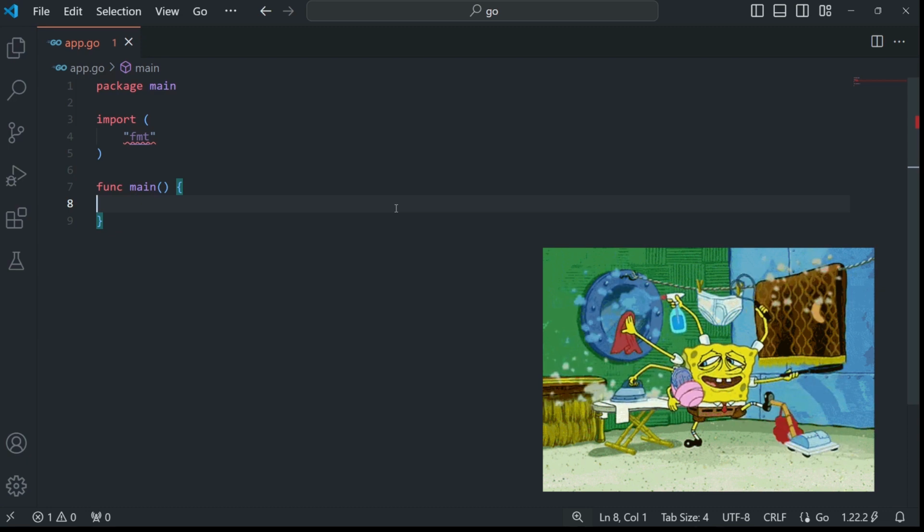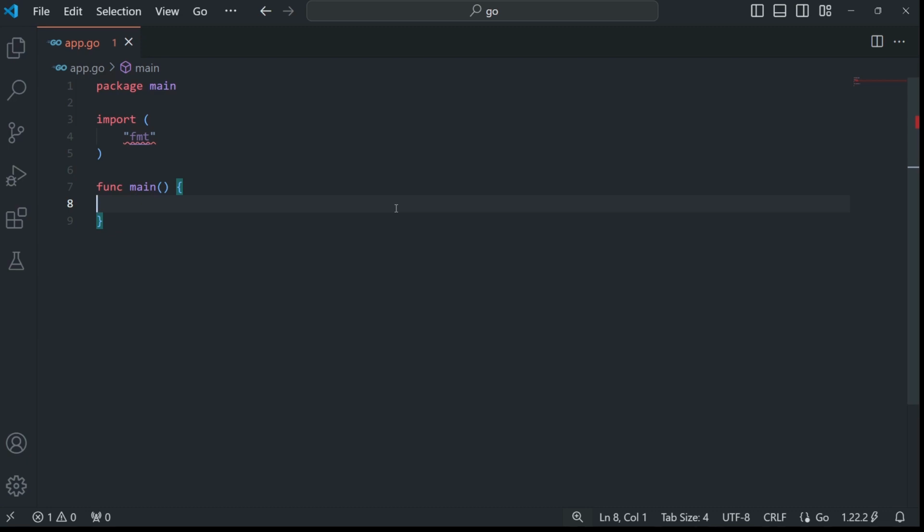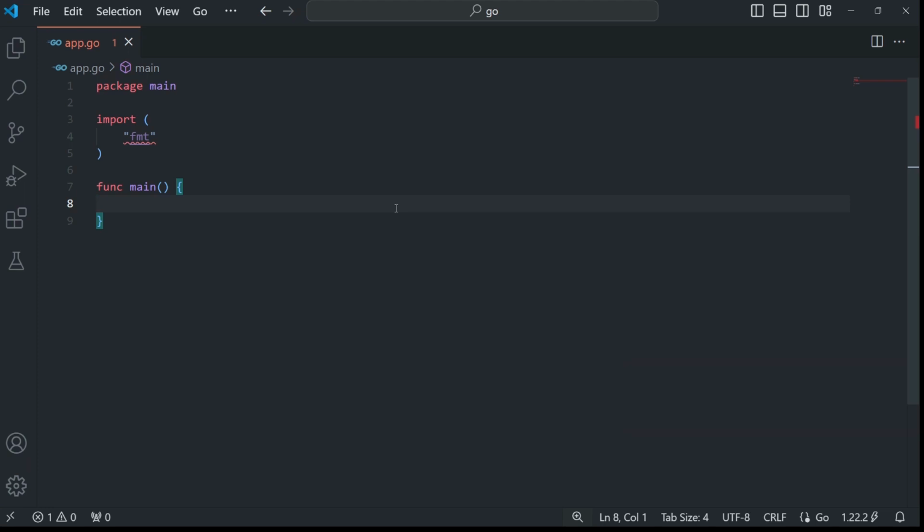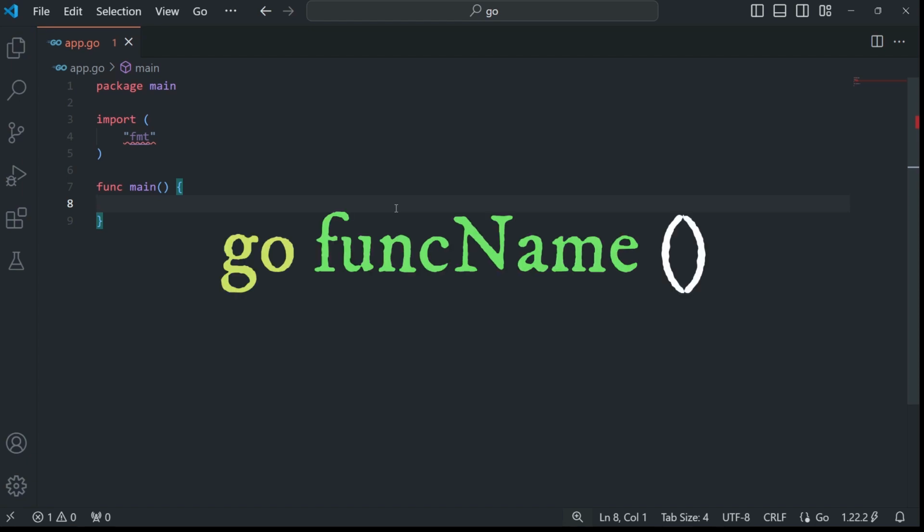At the basis of the Go concurrency model are Goroutines. A Goroutine is a lightweight thread of execution managed by the Go runtime. Unlike traditional threads, which are managed by the operating system kernel, Goroutines are managed by the Go runtime, making them more efficient and cheaper to create. Creating a Goroutine is as simple as prefixing a function call with the go keyword. For example,